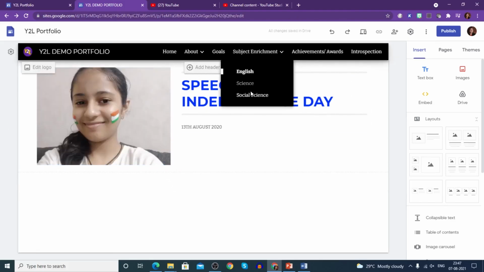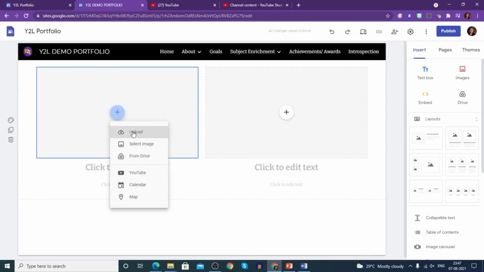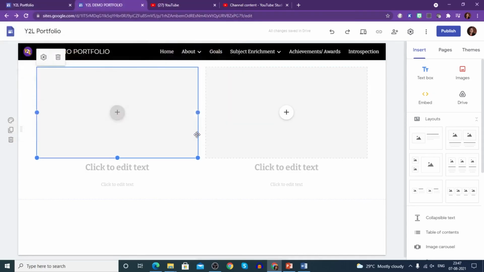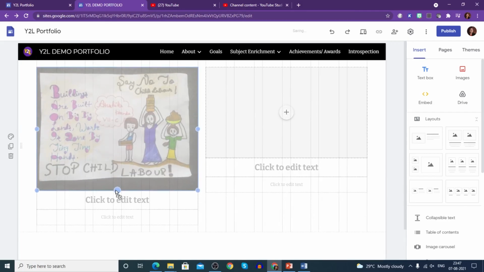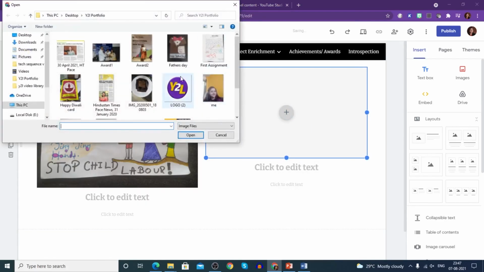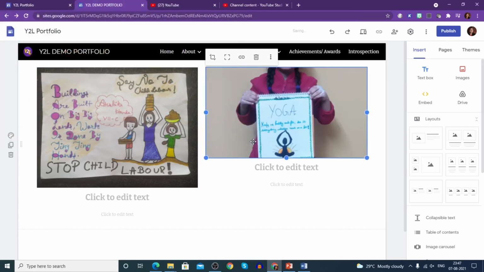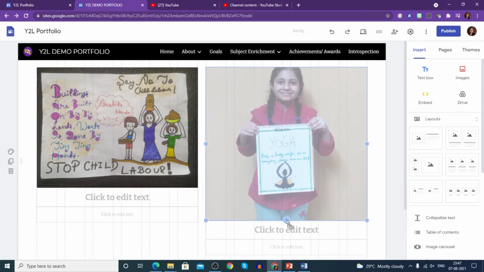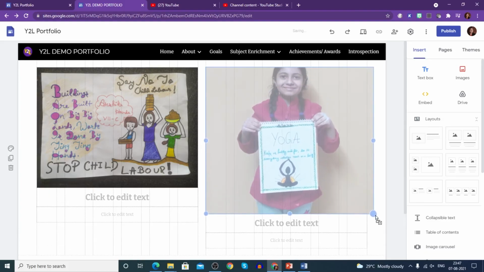So now in social science you did something, it's again up to you which layout you want. You are uploading an evidence of the same. I created a poster on child labor, I am putting it here, right? So complete poster of child labor, and anything else you have done in your social studies or any subject for that matter. This is something okay, it is yoga based though, but I'm just taking it for example. Just adjust the picture, resize it and put it.